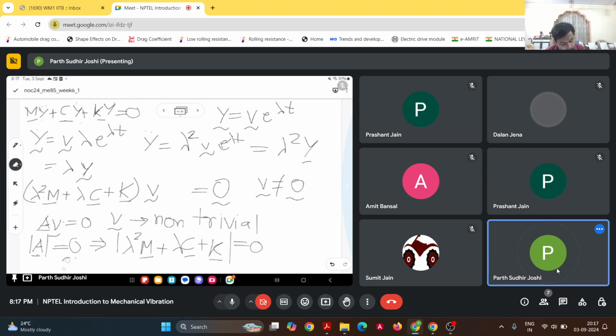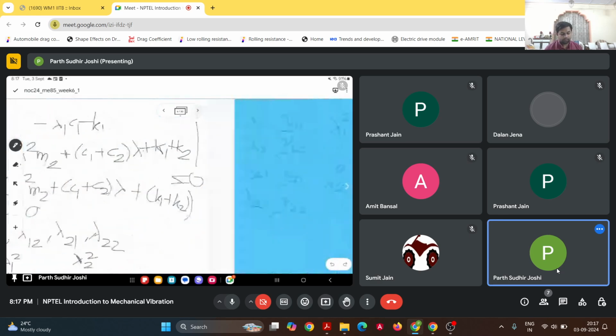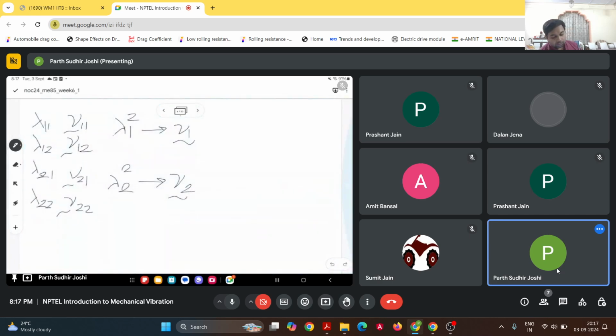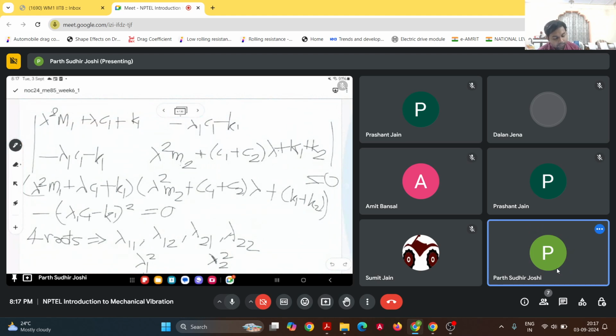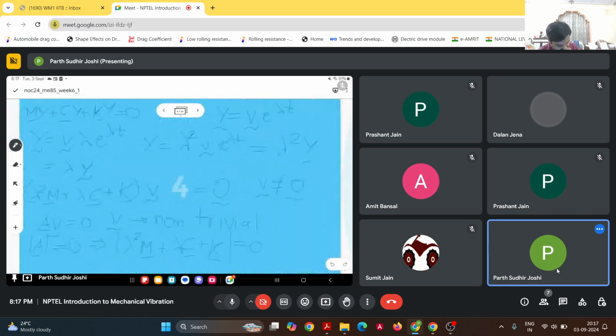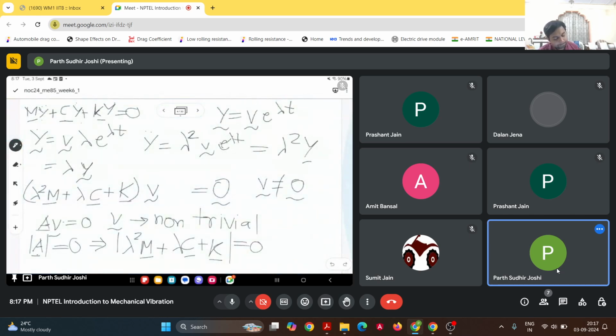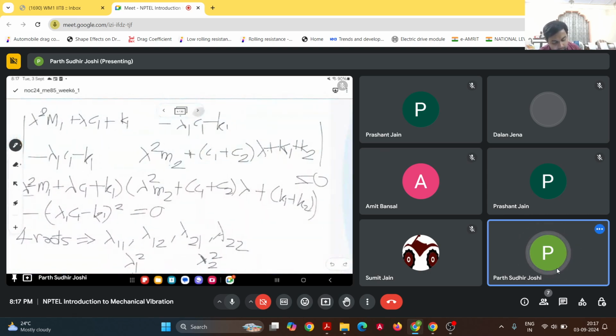Then, how do we find out v11 and v12? By substituting lambda 1 1 square m plus lambda 1 1 c